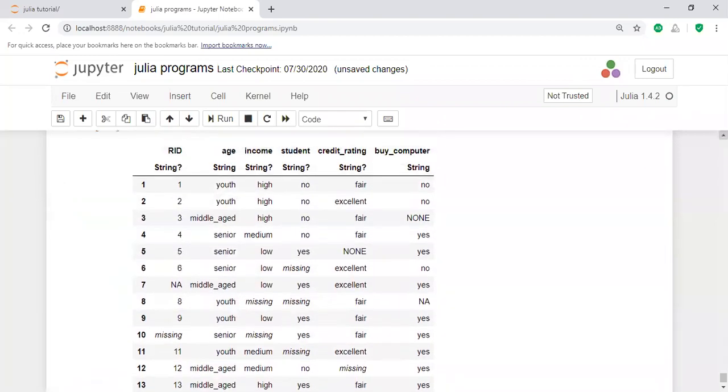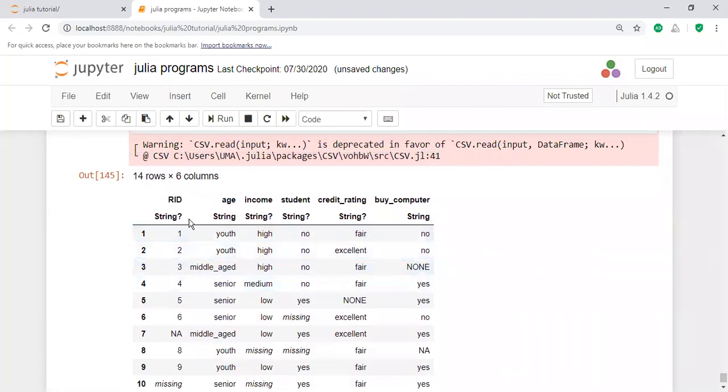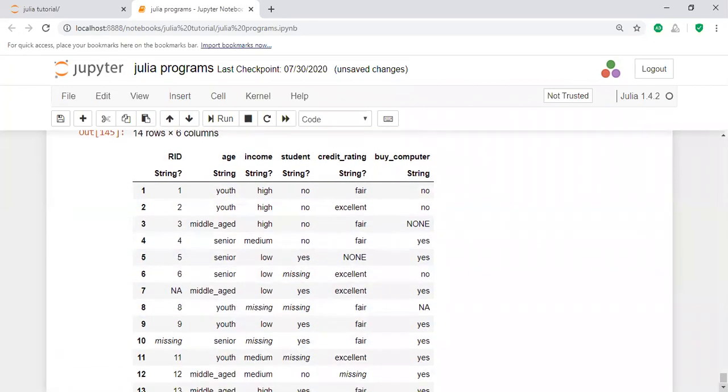It consists of the attribute values. RID is one attribute, with IDs 1, 2, 3. Here NA is some missing data, and there are other kinds of missing values. How can you get the missing values? Let us take a simple data representation. NA is one missing value, and some other data is missing. I want to fill this data. That is our agenda today: filling the missing data.